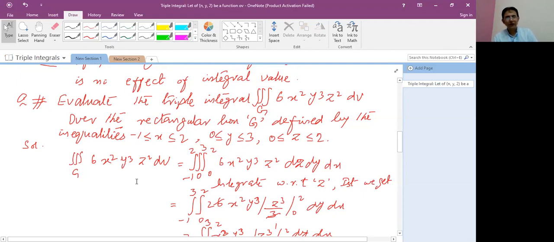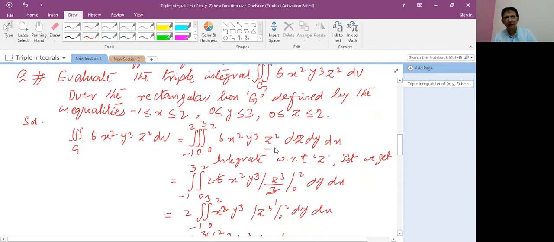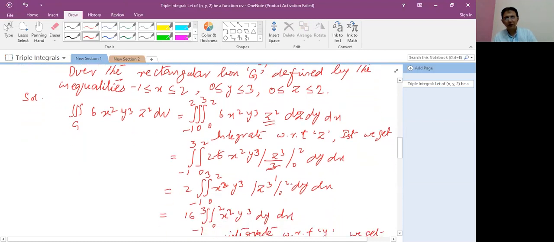So student, we integrate first: dV converts into dz dy dx. For example, if you integrate with respect to z first, then when we find the integral of z squared dz, it means z cubed over 3. 3 divided by 6, it is 3 to the 6. So in this way, we will simplify them. In the next step, we will apply the limit. When we apply the upper limit, 2 raised to the power 3, it is 8. 8 multiplied by 2 over 6 times 2, it is 16.